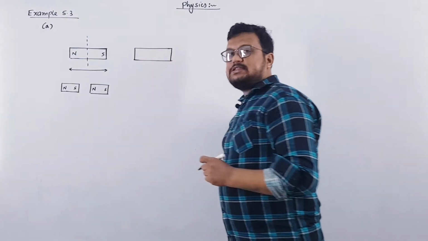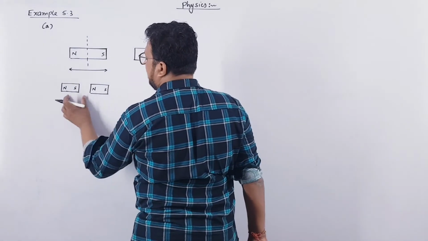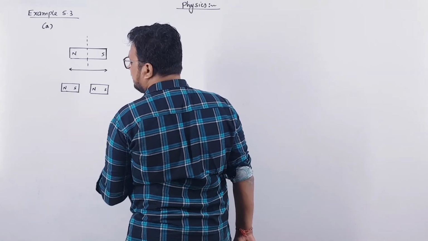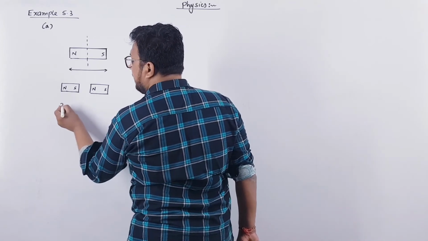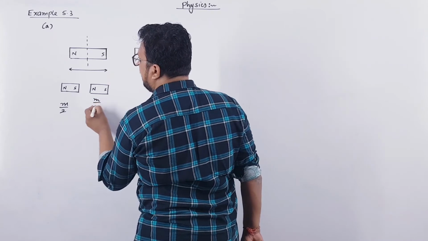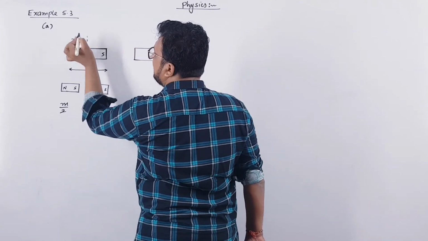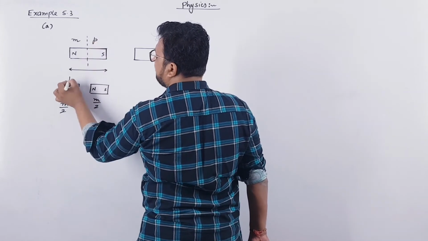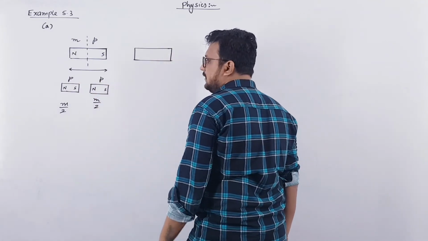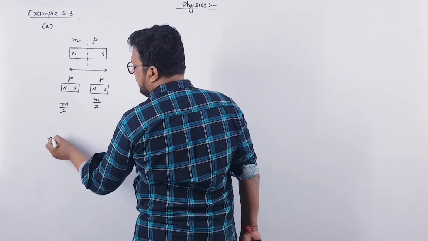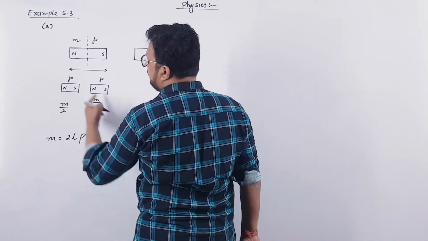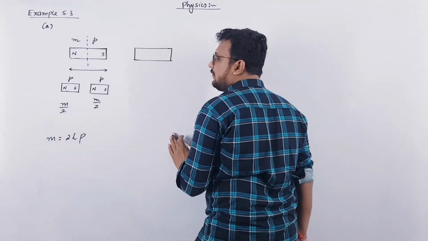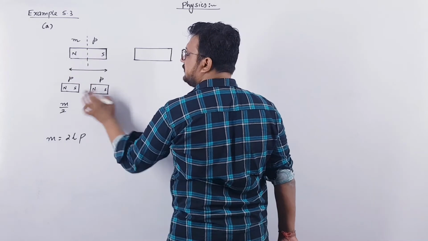Now remember, in this case we will have 2 identical bar magnets, right? But one most important thing which is not given in our textbook is that in this case magnetic dipole moment of each magnet will become half. Suppose the magnetic dipole moment of this magnet is m, then this will be m by 2 and this will be m by 2, but the pole strength will remain same. Because magnetic dipole moment is 2L into P. Now here length is L by 2, L by 2, right? So half of this, so magnetic dipole moment will also become half. But pole strength is the strength of the pole which will remain same.